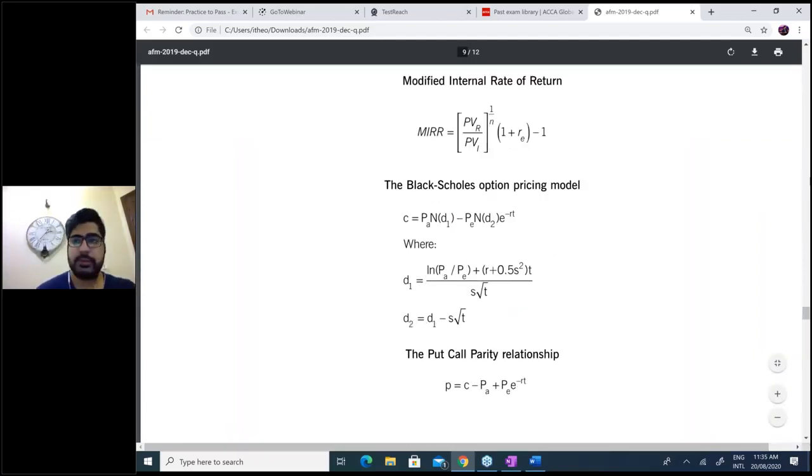Step 1 and step 2 are easy, but how do we get